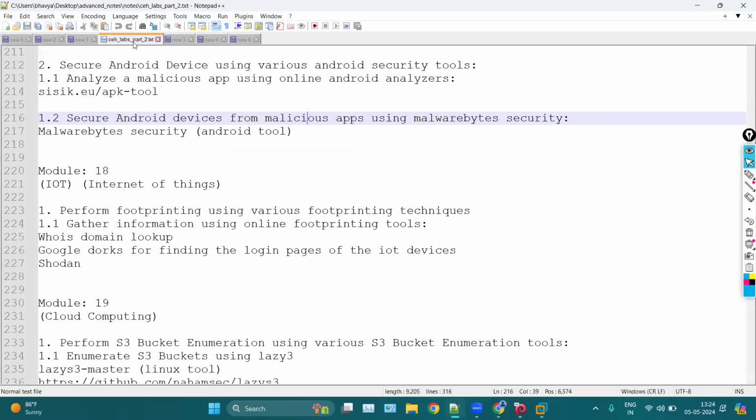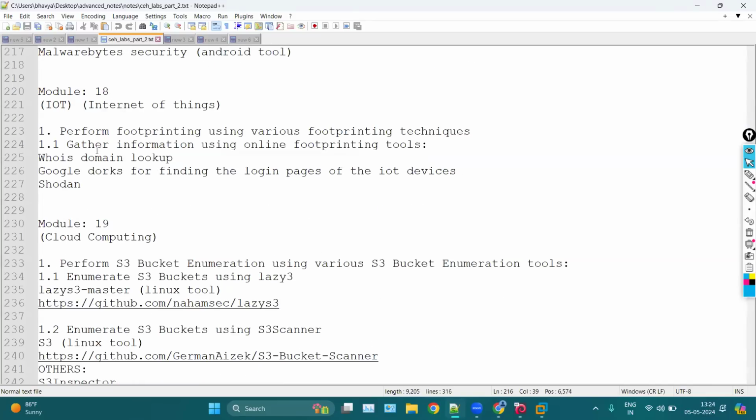But here in the CEH, we have some introduction to OT and IoT, where we can perform footprinting using various techniques like whois domain lookup, Shodan, or Google Dorks. These are some applications and methods which we can use to collect information about IoT devices. For example, let me open the